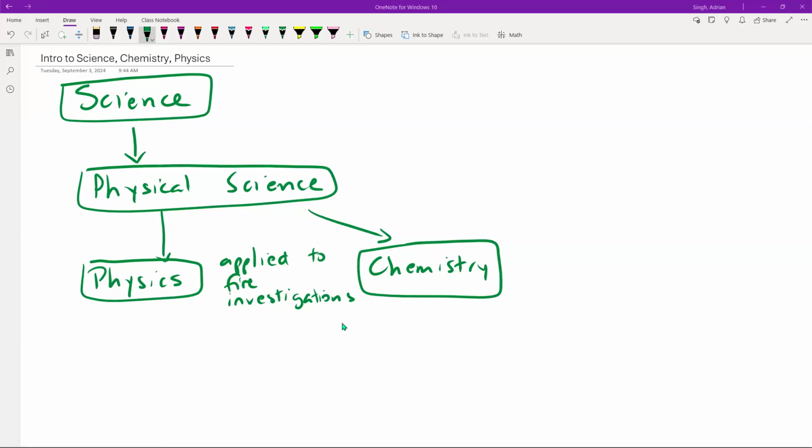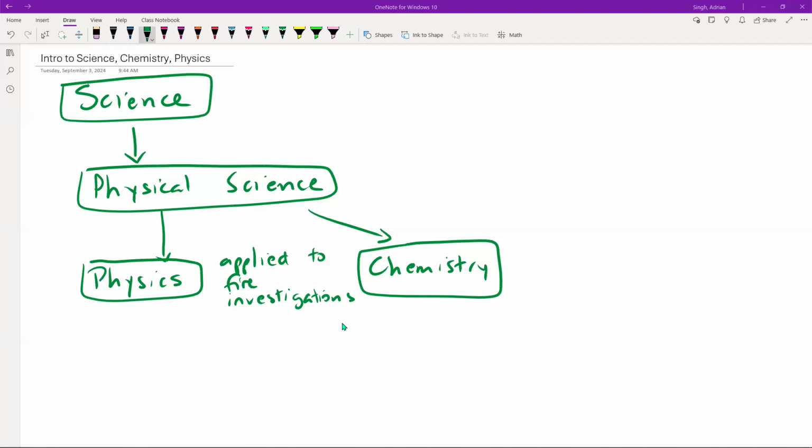All right, so now that we have sort of dusted off some of the rust with our math and revisited some of those important math concepts that we're going to be using not just in our fire investigations, but also in the next couple of weeks, specifically with our chemistry and physics sections. Let's take a look now at some theoretical aspects of our course, and we'll define a few terms initially, and then we'll again try to relate all this to the ultimate goal, which is how they are related to